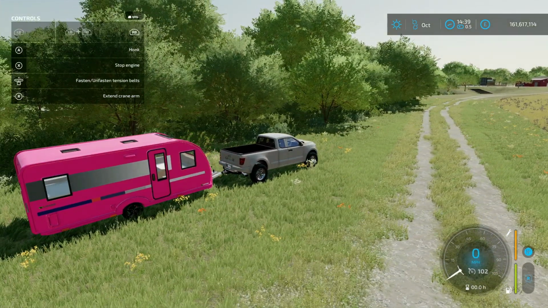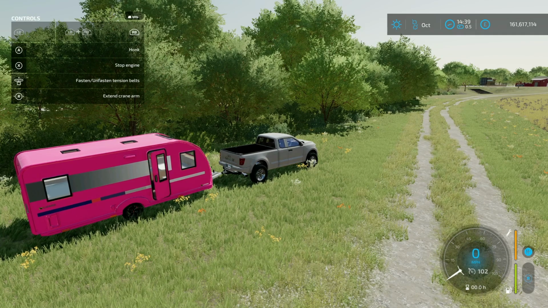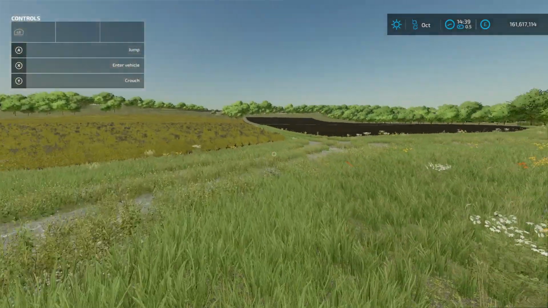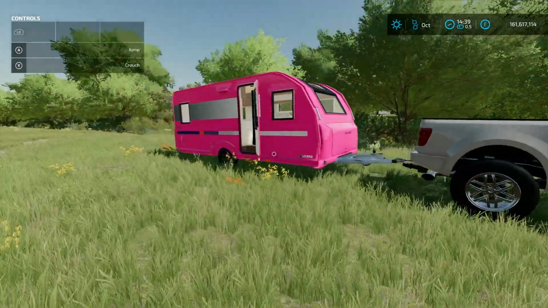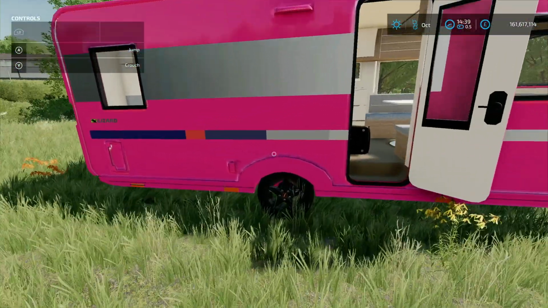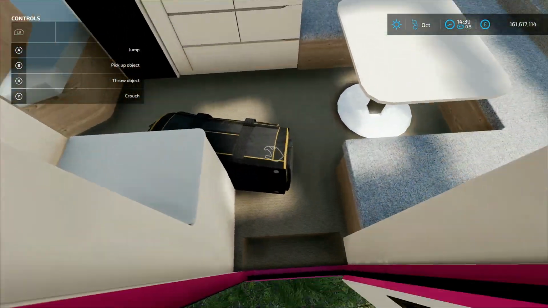So first off, we need to get in. So RB and right stick, left and right, opens the door, and you're ready to go. Now, there is no sleep trigger in it. It is just a caravan, it is just a trailer in that sense. But if you put the duffel bag in there, which I have,